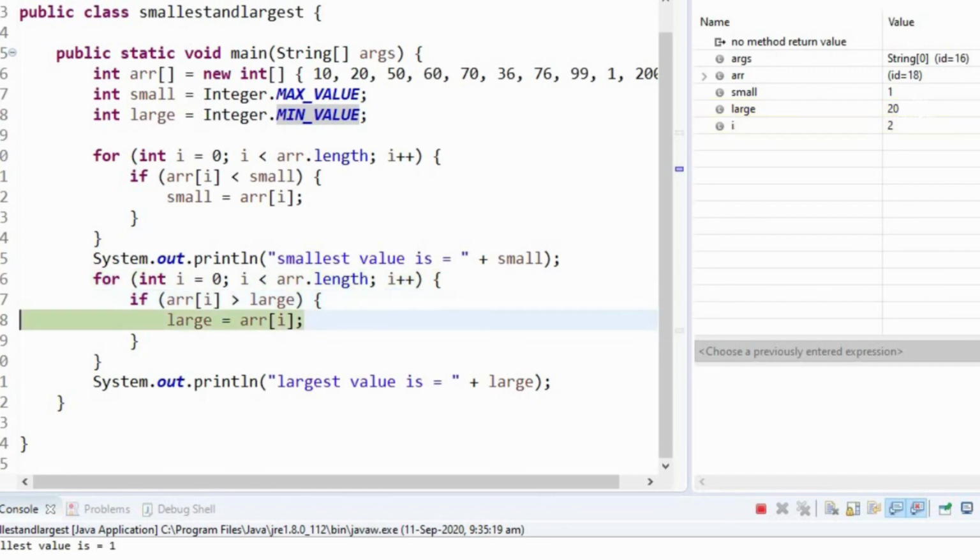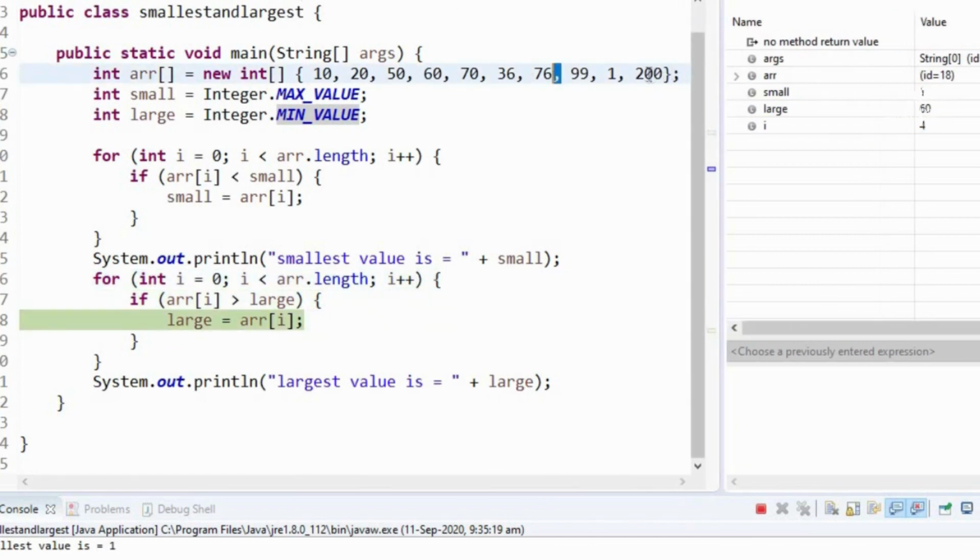So each time the loop is iterated, and finally when we reach here, the 200 value will get assigned to the large variable. Let's just check. 99 is getting assigned, 1 won't be assigned, again 200 will be assigned. Finally we are printing that.